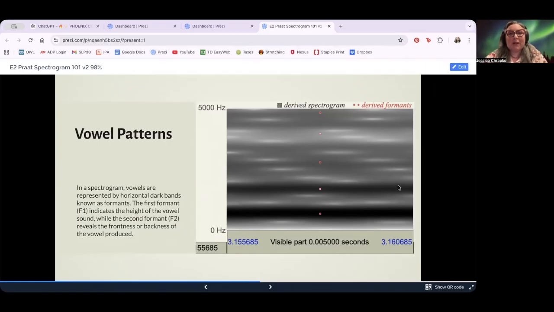Okay, I'm excited to get into vowel patterns because I find formants to be fascinating. So in a spectrogram, vowels are represented by these dark bands. You can clearly see the first couple of formants. If you check out my resonance video, you'll get a better understanding of what a formant is and its relationship to the fundamental frequency or the basic pitch of a human voice. I found it so interesting to learn that the first formant, or F1, in a sound signal indicates the height